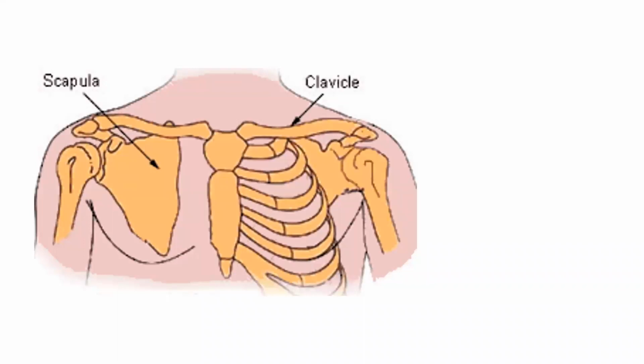The only real attachment point for the upper extremity to the thorax is between the clavicle and the sternum at the sternoclavicular joint. So this is our only real point where our arm is attached to our body. Then we move out a little bit lateral, and the clavicle and the scapula are attached at the acromioclavicular joint. The acromion process is the piece most anterior on the scapula, and it articulates with the clavicle to make